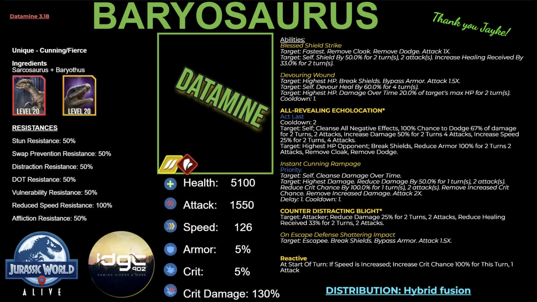It has a CD of 2. It targets self and cleanses all negative effects, with 100% chance to dodge 67% of damage for 2 turns, 2 attacks. It increases damage 50% for 2 turns, 4 attacks, increases speed 25% for 2 turns, 4 attacks. It also targets the highest HP opponent, breaks shields, reduces armor 100% for 2 turns, 2 attacks, removes cloak, and